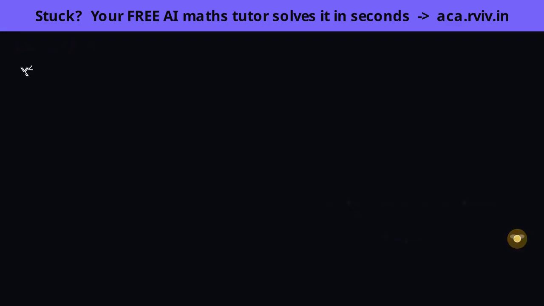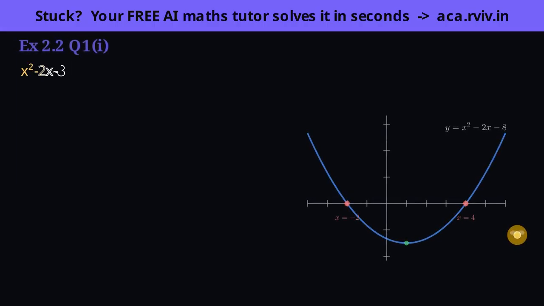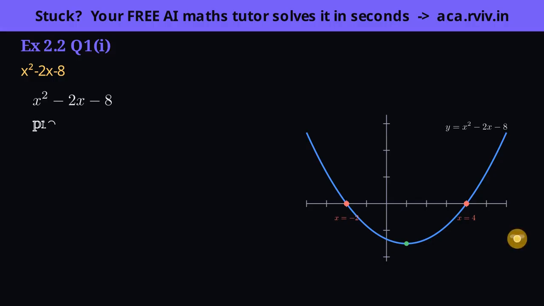Part 1. The leading coefficient is 1, so this is the cleanest case of factoring by splitting the middle term. Let's do every line. Let's set the plan. We'll split the middle term so the quadratic breaks into two brackets, because zeros drop straight out of a product of factors. The split needs two numbers with a precise job. They must multiply to the constant, -8, and add to the middle coefficient, -2. That product and sum requirement is the sum and product rule in disguise.